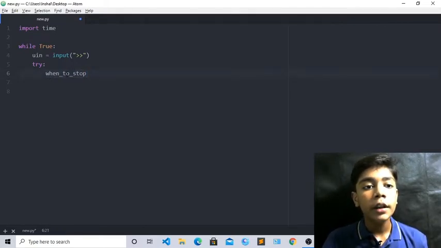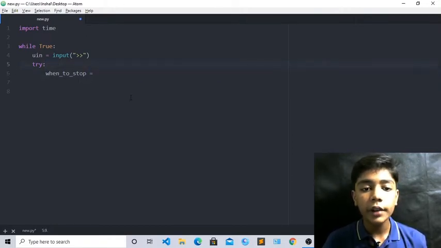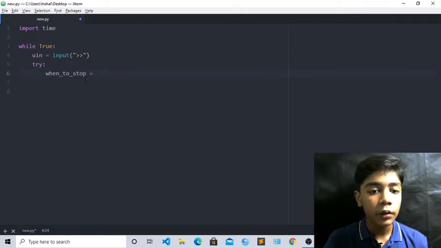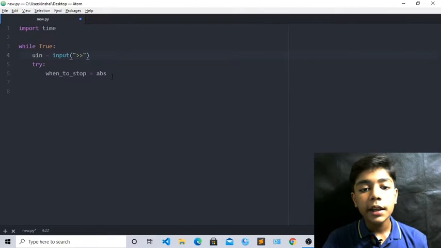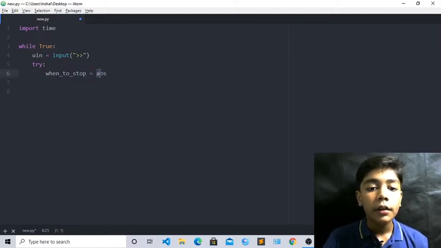Okay, now when you have written this tag, just write equal to in front of it. Now we will write the ABS tag. This ABS tag, its full form is absolute. I hope you all remember because we learned this absolute tag in mathematics, when we were building the car game, making the calculator, and making the guessing game. So we use this ABS tag here.